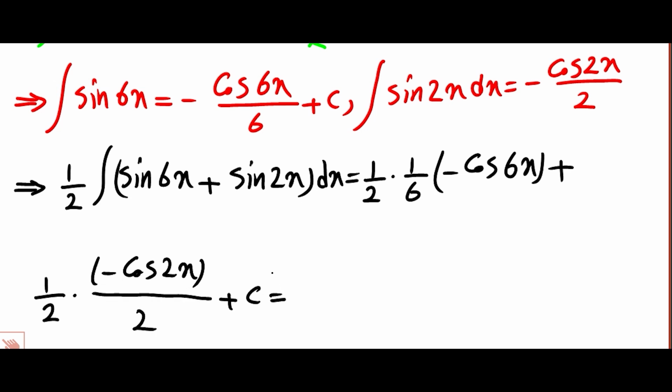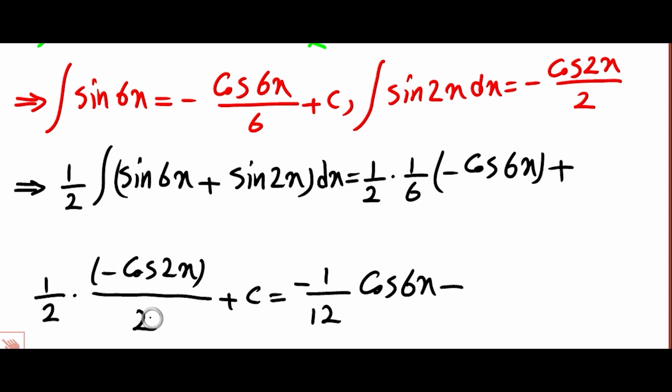So final answer equals 1/2 times 1 over 6 equals 1 over 12 times -1 equals -1 over 12 cosine of 6x